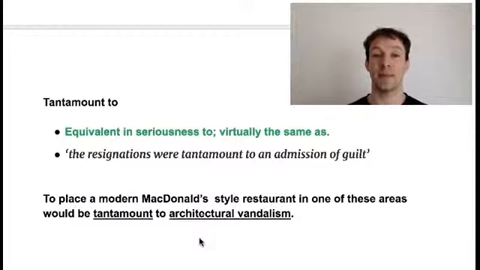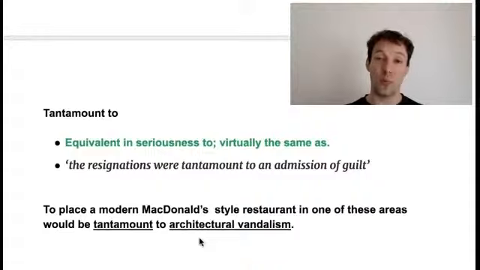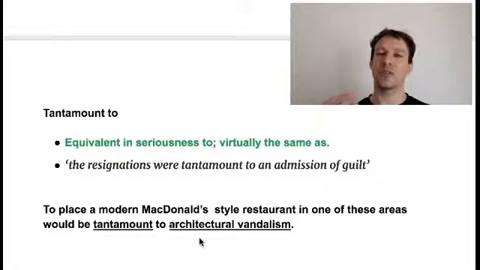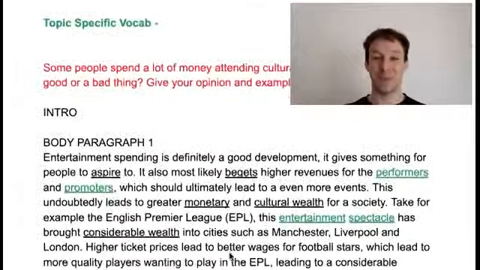Hopefully it's clear. Now, let's move on to some of the formulas that you can use to improve your academic English. And I want to be specific here. We're looking at improving academic English, because if we do this with messaging our friends, it's going to look a bit weird, a little bit odd. So, first one,